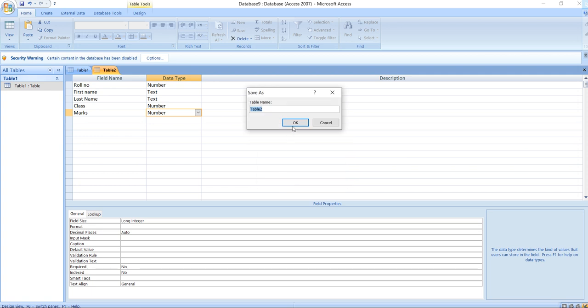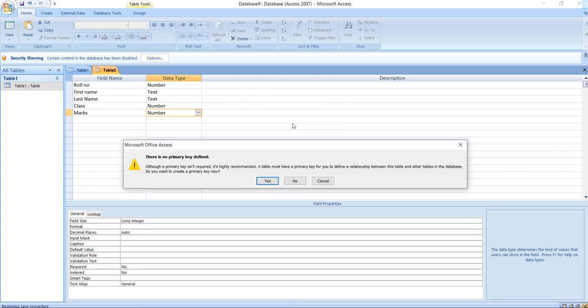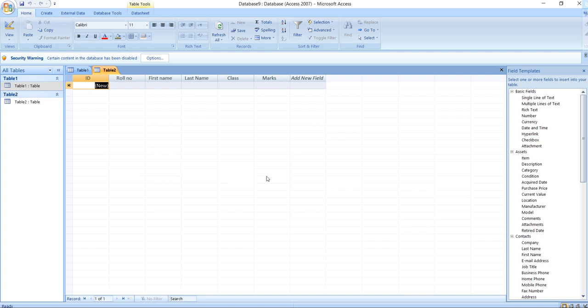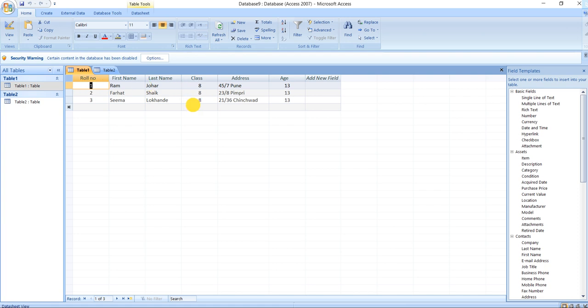Save it in the form of a table too. Okay, yes. So now here is my data sheet. Now what I want to do, I want to copy the same thing till class. I am copying the same thing.